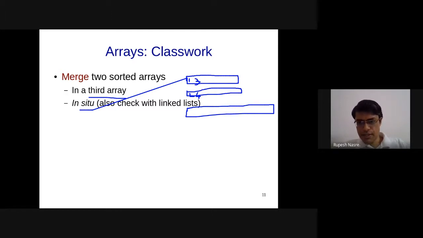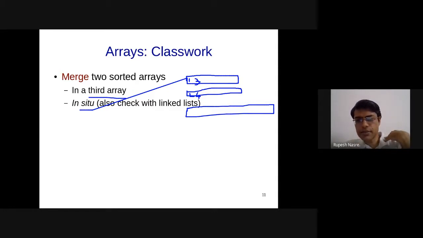Vishwa says size 1, size 2, size 3 equal to size 1 plus size 2, then i equal to 0, i less than size 1, c of i equal to a of i. So you have copied all of them into the same array, and then you are sorting it.